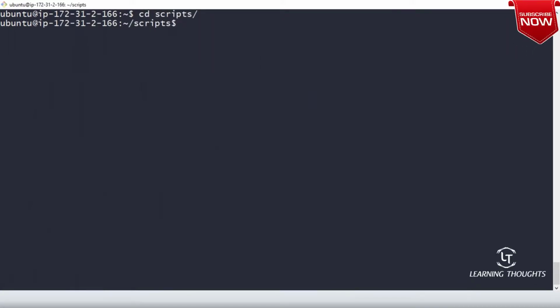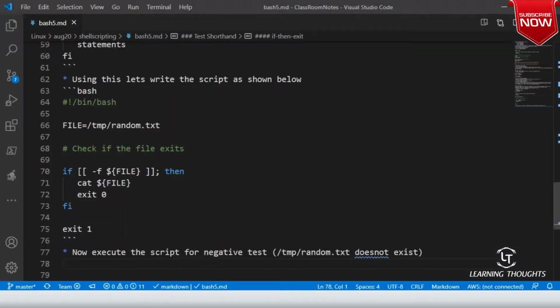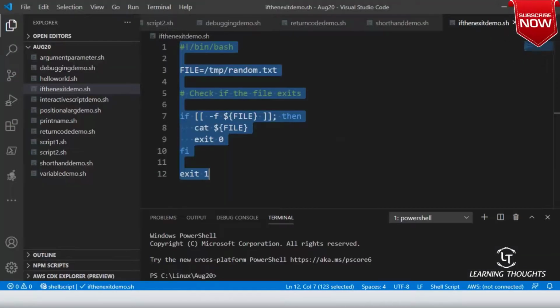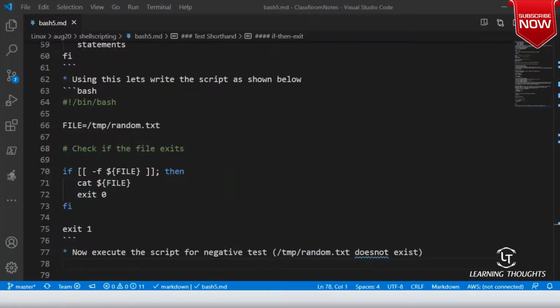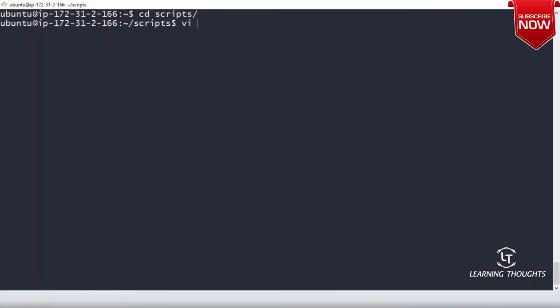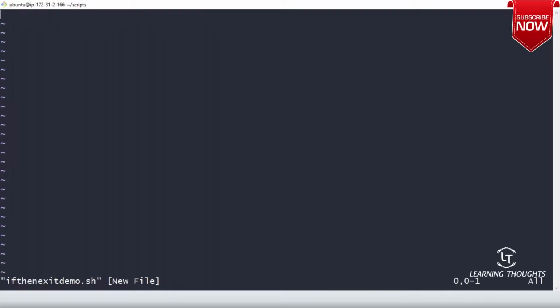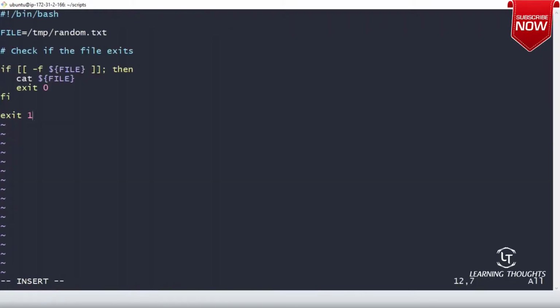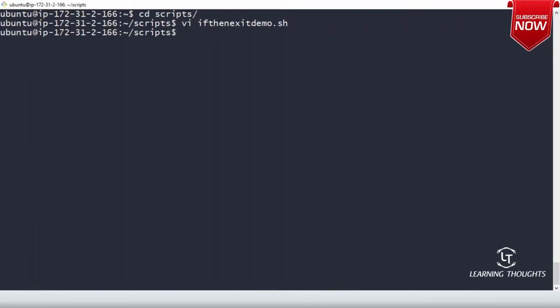What is this file's name? if then exit demo.sh. So vi if then exit demo.sh. Let me copy this file.